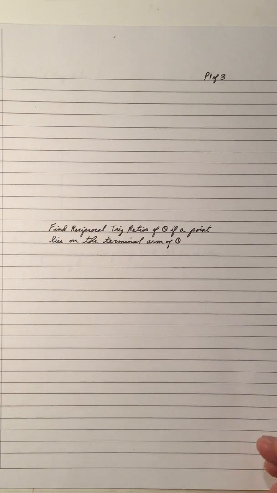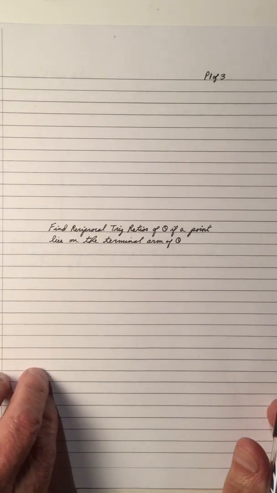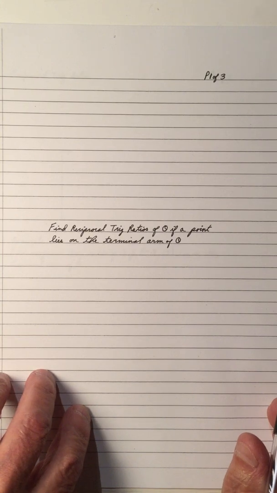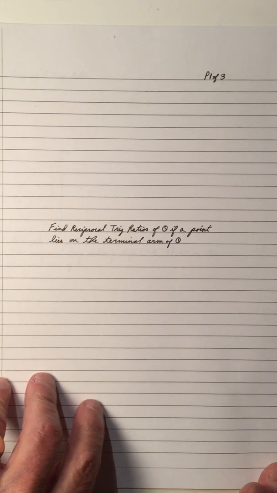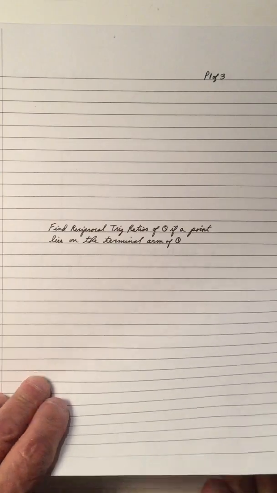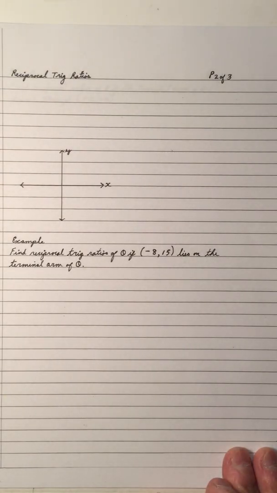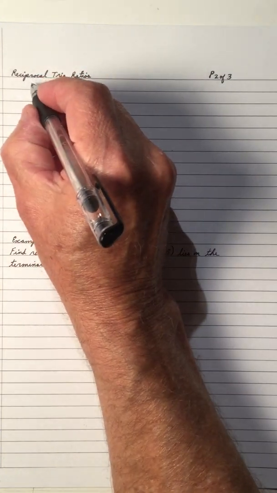Hi, welcome to my video on finding the reciprocal trig ratios of theta if a point lies on the terminal arm of theta. Theta is the angle of rotation. Reciprocal trig ratios. Let's recall that